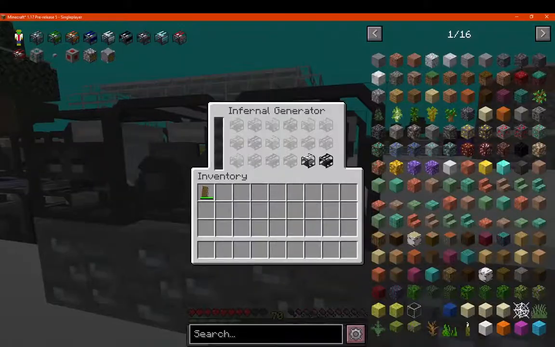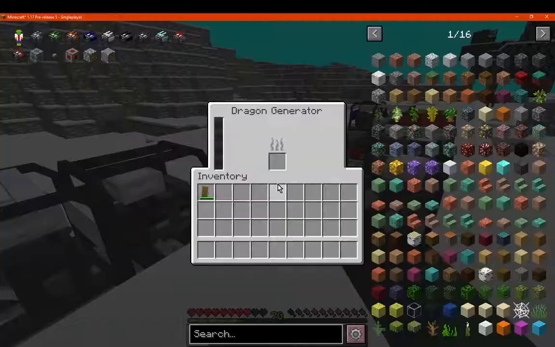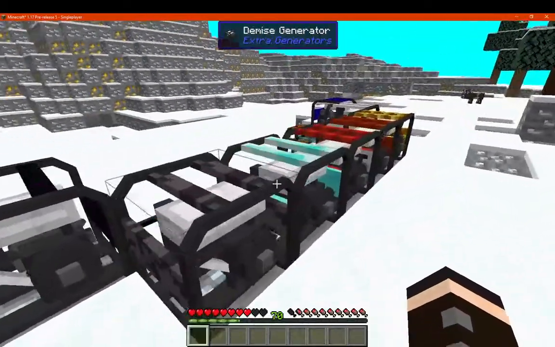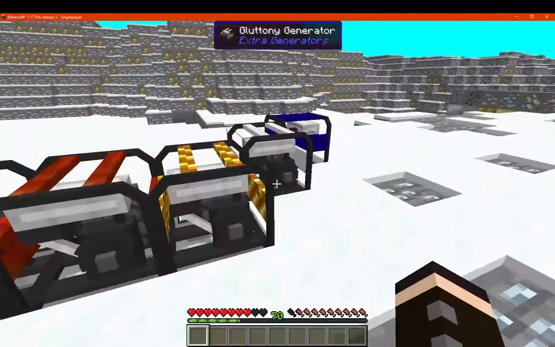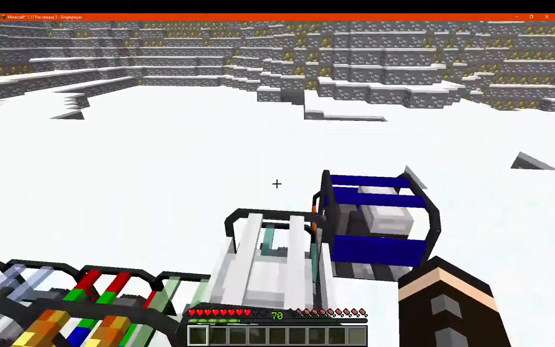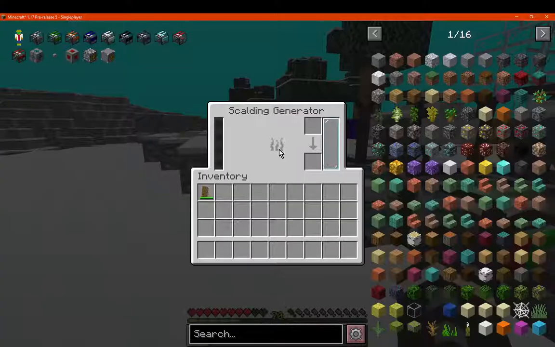Again, there's only so much I can go off of here, so we're just going to have to test them. Dragon's the same. Most of these just have a single slot to put items in, I assume. Yep, so that's got fluid, it's got potions, and that's that. Okay, cool. So we go to...